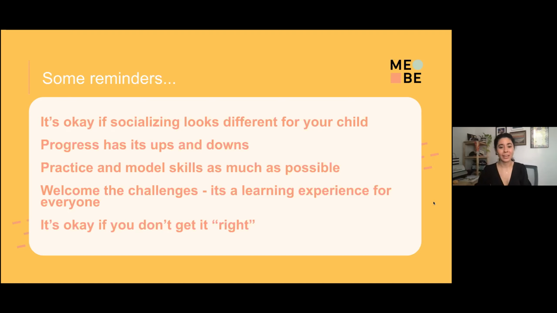And finally, it's okay if you don't get it right every time. I said progress has its ups and downs for your children. Progress has its ups and downs for you too. Sometimes you catch yourself over prompting and you go, oh my God, how long have I been doing that? Sometimes you think your child is totally ready and it turns out maybe they needed just one more little half step in between. Or, the neighbors come over unexpectedly and, well, you can't help them right now. You have a business call that you need to be a part of. It's totally okay to not get it perfect and do everything that's possible every single time.